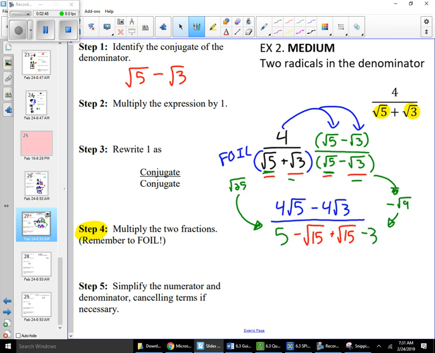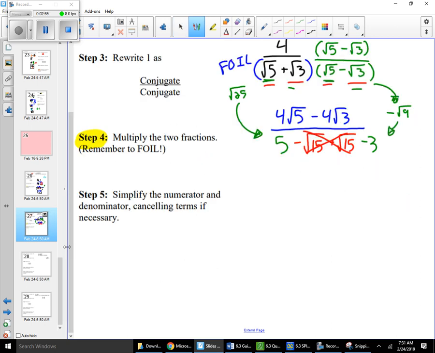So double checking that everything worked out here the way we expected to. Minus root 15 plus root 15. Those are opposites and they do cancel. So we got rid of the radical terms. There are no more square roots in the denominator. So we can start doing a bit of cleanup. 4 root 5 minus 4 root 3, all over 5 minus 3, which is 2. So not too much worse than the previous example. We did have some extra radicals laying around, but